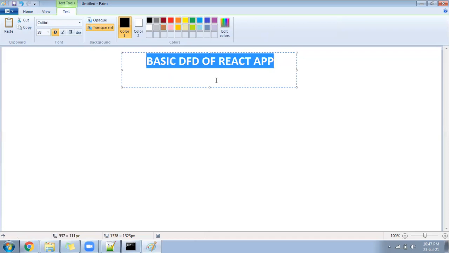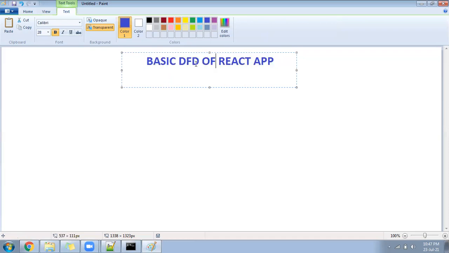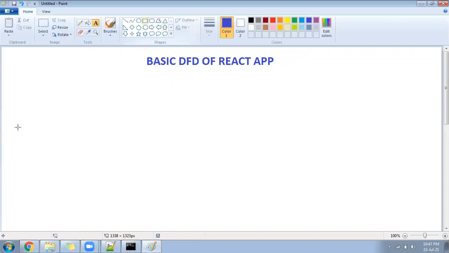Suppose let me keep it in blue color. Basic DFD, data flow diagram of React application. Okay. Now let me guide you. A user is going to open a website, and that website is developed in React. How does that look? This is the user.